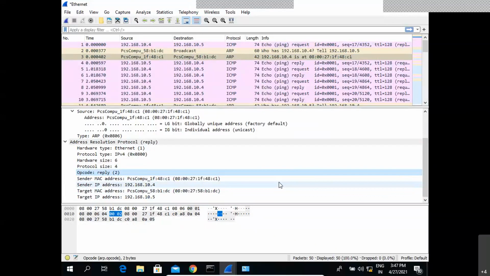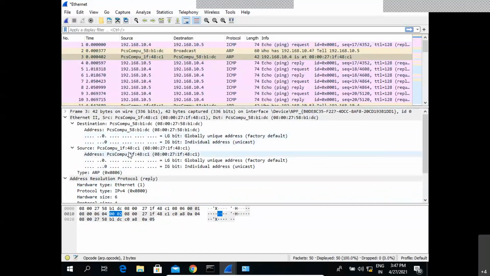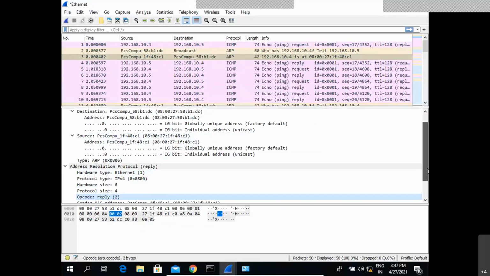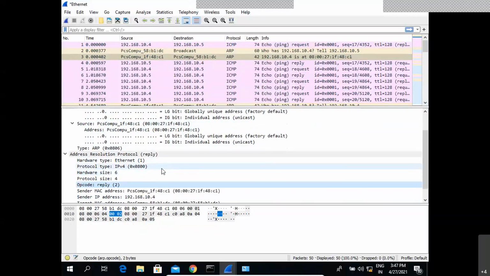Again, the Ethernet parameters will be the same, but in the Ethernet header we can observe that the destination and source MAC addresses are filled, because we are getting a reply from the destination. So instead of broadcast, we are actually getting a reply. Now, if we come to the ARP reply, again the hardware parameter is the same. It belongs to Ethernet. The protocol is also the same, IPv4, and the hardware size and protocol size are the same. But the operation code, here we can observe it is 2, or a reply. Earlier it was 1. Now the operation code is 2.